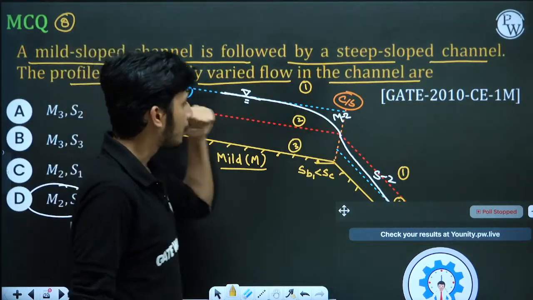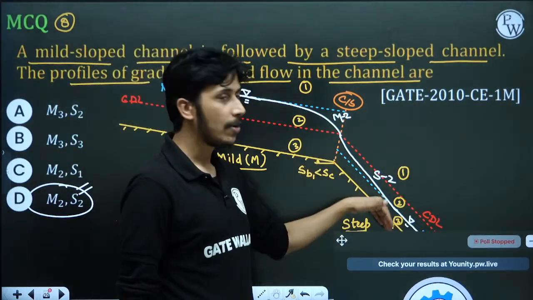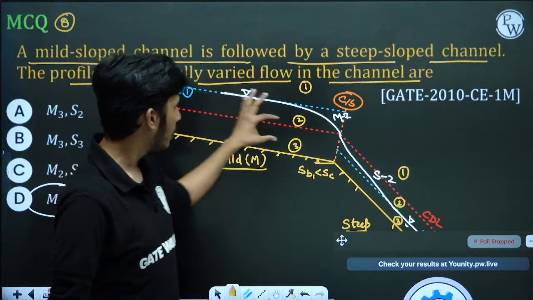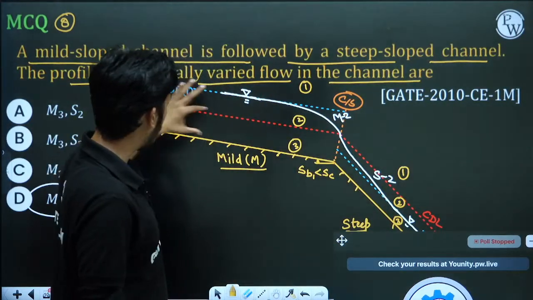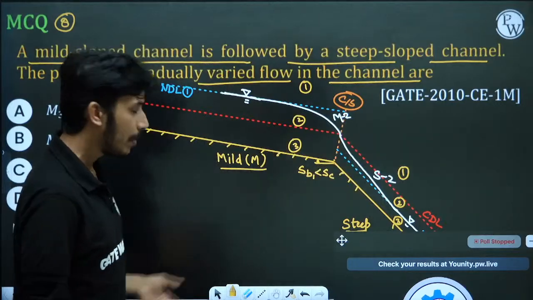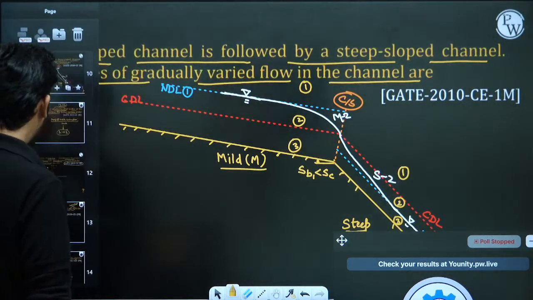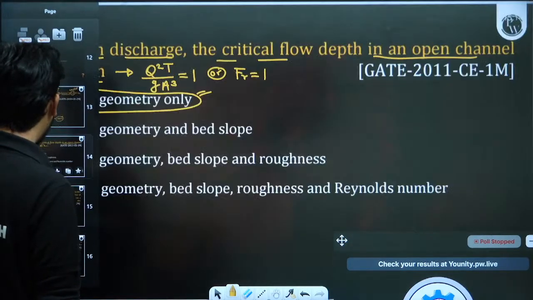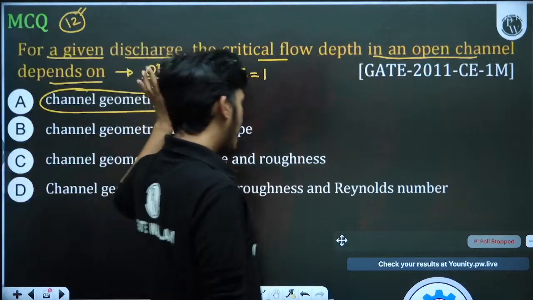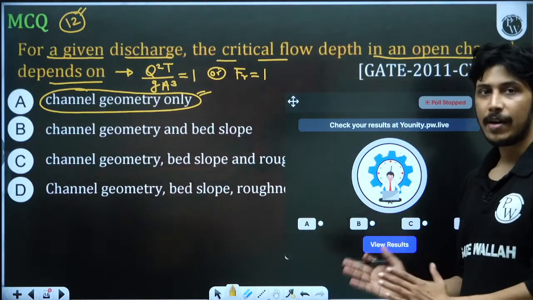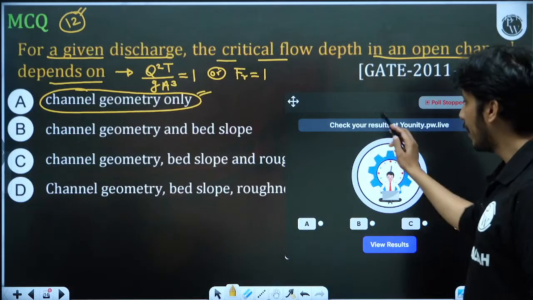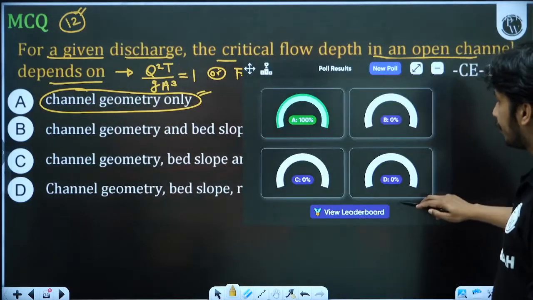आपका यहां हो रहा था। स्टीप में फ्राउड नंबर 1 से ज्यादा था तो फ्लो यहां हो रहा था, लेकिन क्रिटिकल डेप्थ की लाइन तो नहीं बदल रही थी ना। तो किसी भी चैनल का फ्राउड नंबर कुछ भी हो, क्रिटिकल डेप्थ की जो हाइट होती है वो सिर्फ डिस्चार्ज और चैनल पैरामीटर पर डिपेंड करती है। डिस्चार्ज तो लिखा ही हुआ है, प्लस चैनल की ज्योमेट्री पर भी डिपेंड करती है, रेक्टेंगल है तो अलग फॉर्मुला, ट्रायंगल है तो अलग फॉर्मुला, सिर्फ ज्योमेट्री के हिसाब से निकलेगी। उसका ए पार्ट करेक्ट आंसर होगा।